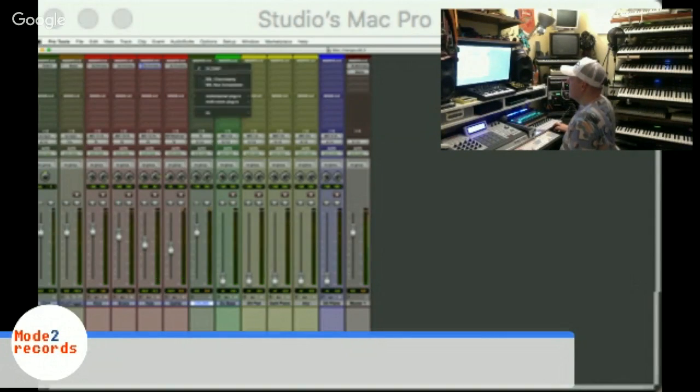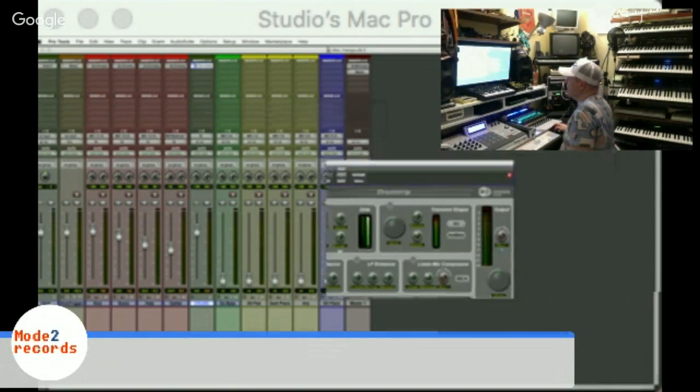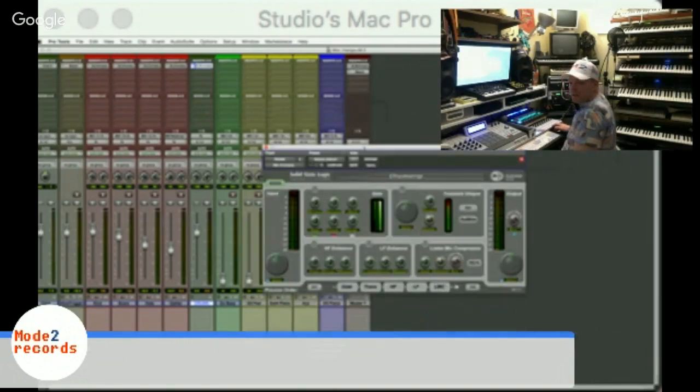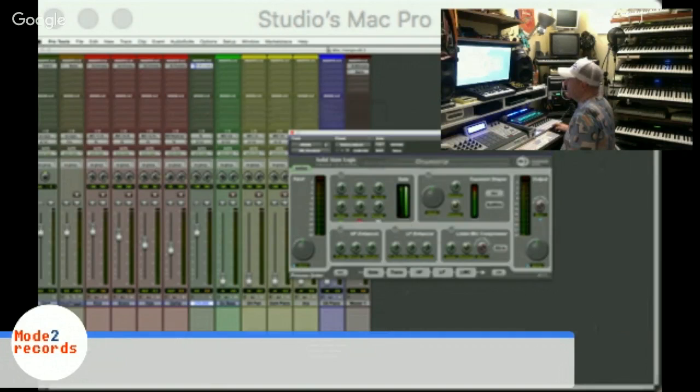Okay, and then on the actual drum channel itself, I'm going to put in the SSL drum strip, which was a little deal that they were doing over Christmas time, just gone. They were doing it for £29, which is normally like £200. They did it for £29, so I snapped it up. It'll make it sound pretty amazing. Let's just bring the input volume down a bit here. Let's just take that click off there, so we can make the